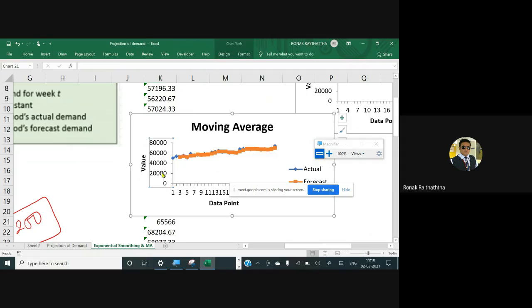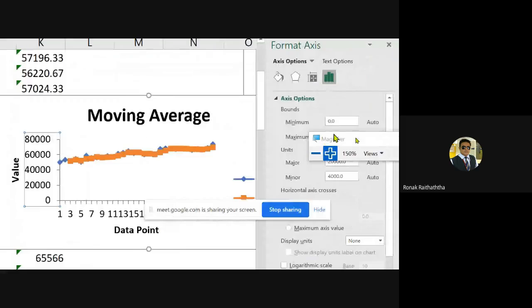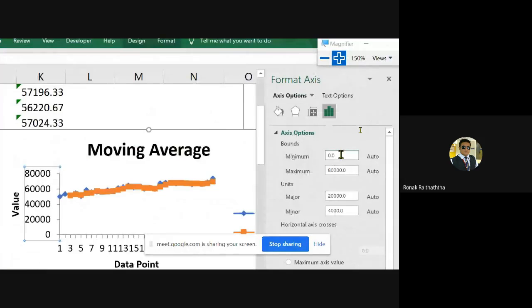So what you can do is you can select this range, which is 0 to 80,000, the axis value. Have a right click on that. Then there is something called format axis. So click on the format axis, and you would be selecting minimum at 45, because you will have to select the bounds, so minimum will be starting at 45, so that the data will be able to show what is the difference we have got between the moving average and the actual figures we have observed.